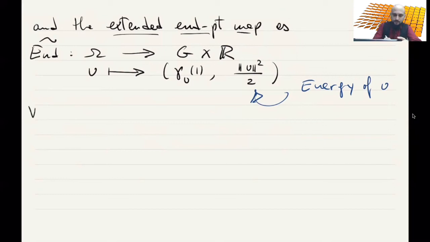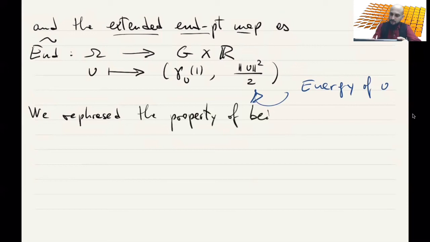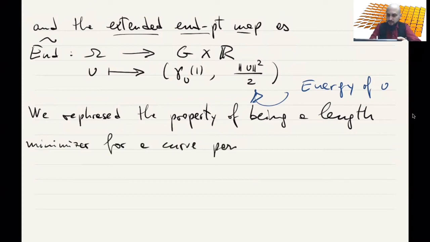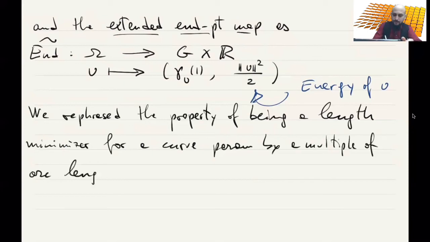So we rephrase the property of being a length minimizer for a curve parameterized by multiple of arc length as being